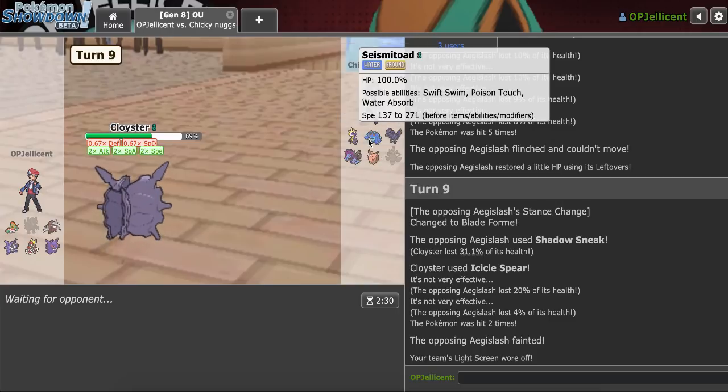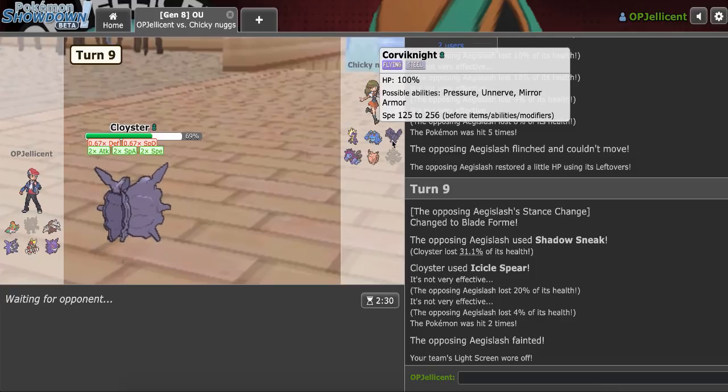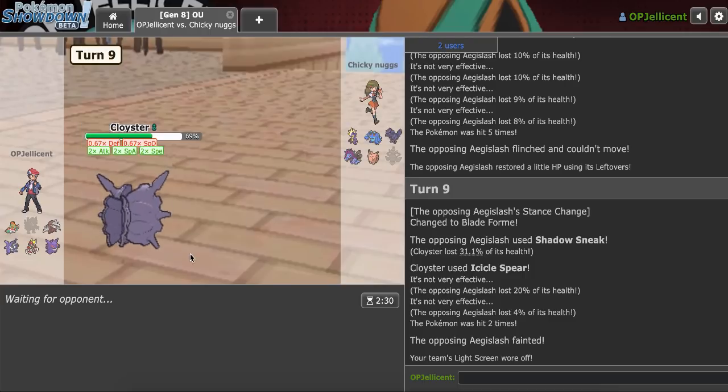Look, now who do you revenge with? I guess you go Toad and, like, Earth Power or Earthquake. If you don't have Earth Power, I think you have to Toxic or go for the Scald burn. But, yeah, that was definitely lucky right there. It is 41% though, so...